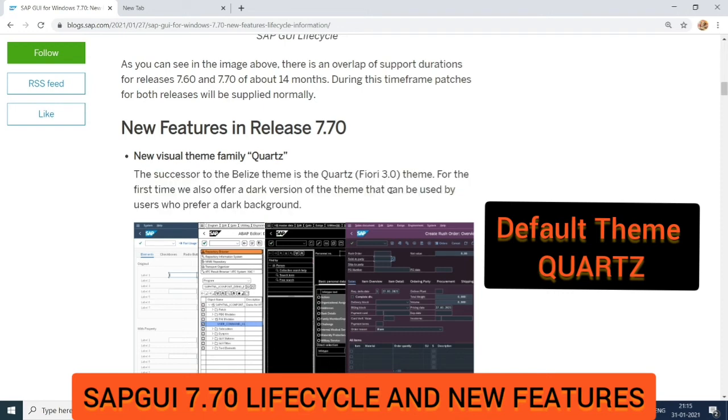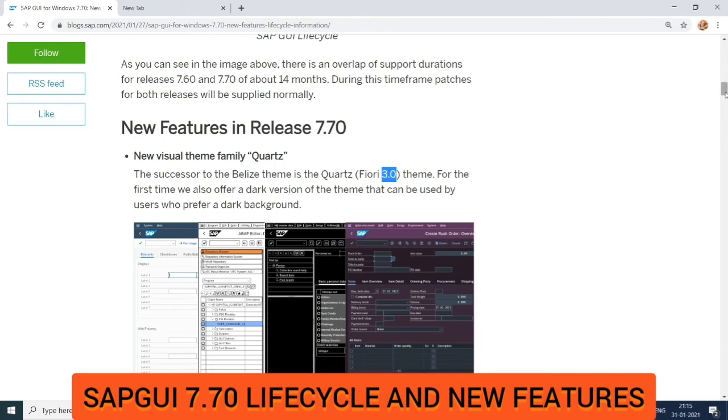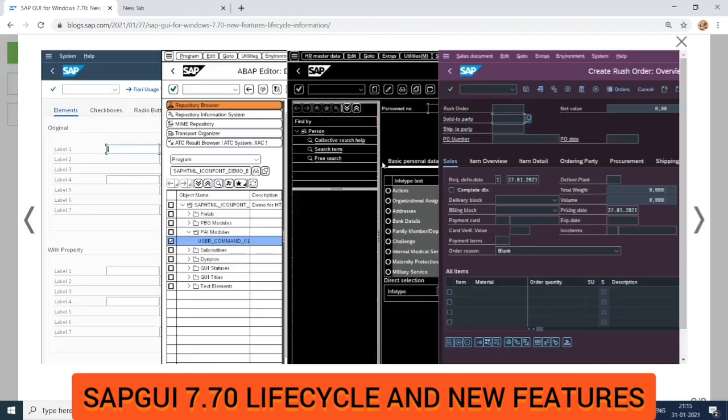The Quartz theme uses Fiori 3.0. For the first time, SAP is offering a dark version of the theme that can be used by users who prefer a dark background. So this is the dark theme included in SAP GUI 7.70.